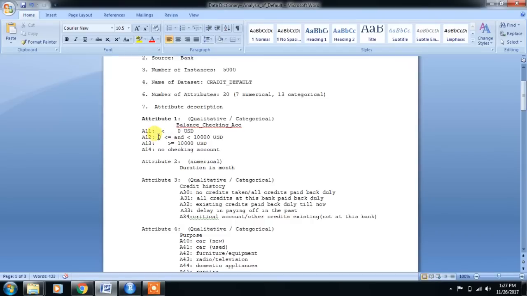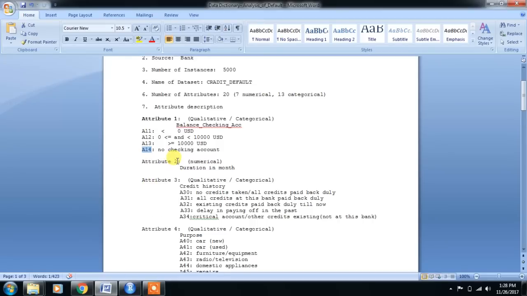If their balance is between 0 and 10,000 USD, that is bucket A12. Bucket A13 is more than 10,000 USD. And A14 means no checking account is there.